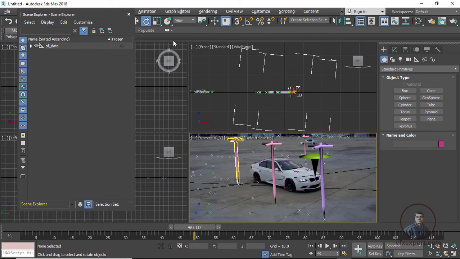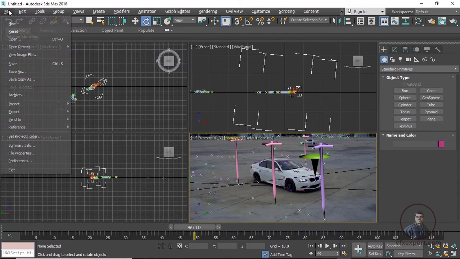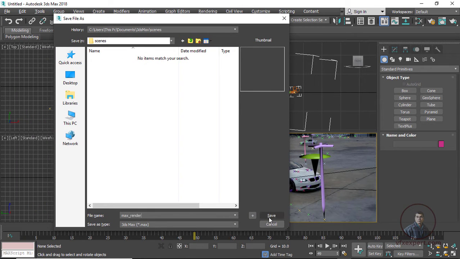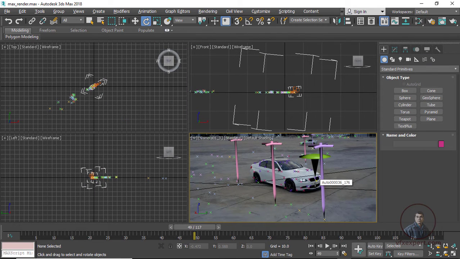Up to here, now save scene as. Click on file, then save as. Give a proper name and save. Now I am going to place some proxy geometry. For proxy geometry you can import your geometry, otherwise you can also create it from here. Here I am going to import some proxy geometry.